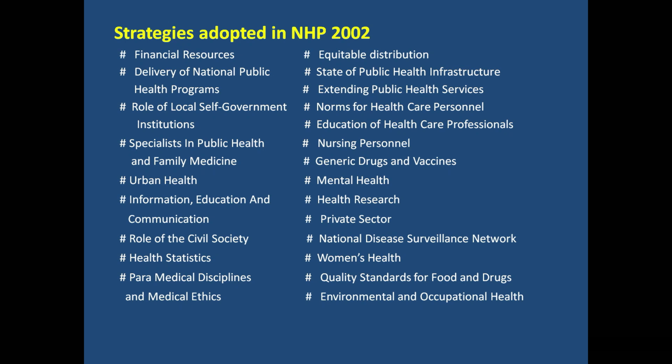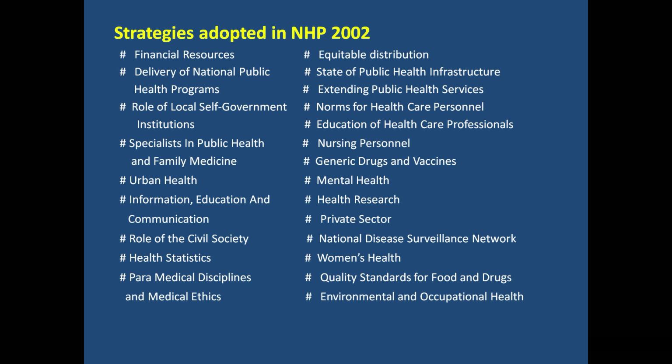Then urban health, health education and behavioral change communication, the role of civil society in health, their own health needs, how they can assist and help us to improve the health statistics, the paramedical discipline, medical ethics, the equitable distribution of health, then public health infrastructure can be improved, then extension of public health services, then having norms for public health care, education of healthcare professionals, that quality has to improve, nursing personnel, family drugs,